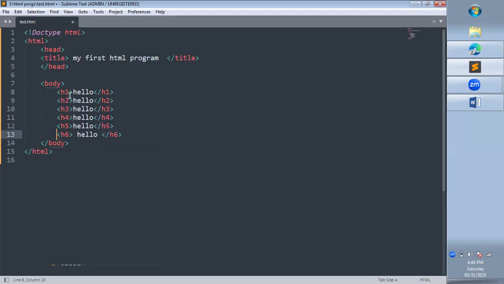Each tag will be one less than the largest tag. So H1 will be giving you the heading in largest font size. H2 will have one less font size. Like similarly, H3 one less, H4 one less than H3, H5 one less than H4, and H6 the smallest, which will be one less than H5. So when I save it and open in browser,